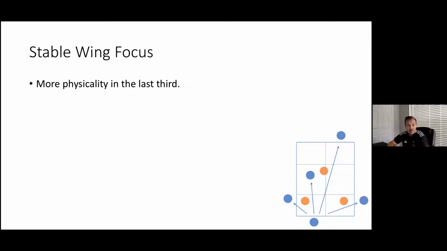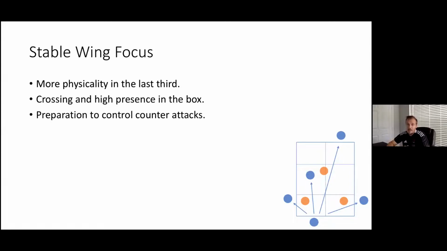You're more focused on crosses once you get into the final third, and you're just focused on crossing and pressing the second ball and controlling the team like that, and just going in a spin cycle, constant crossing, constant control of the counterattacks, with high presence in the box. So we see, for example,